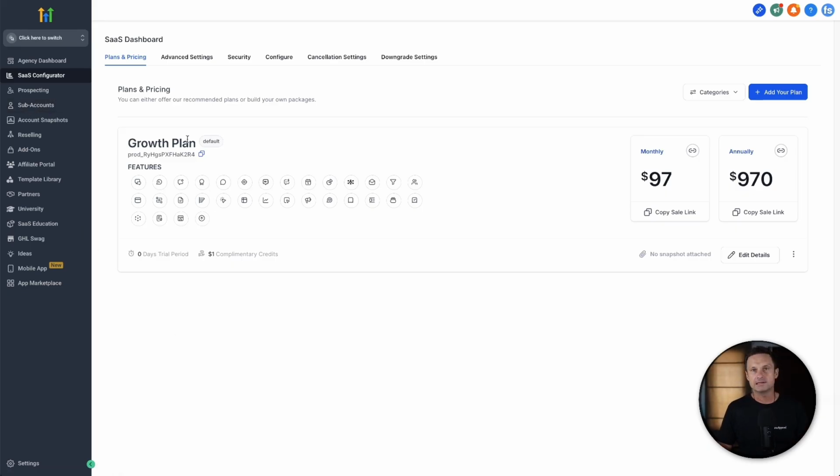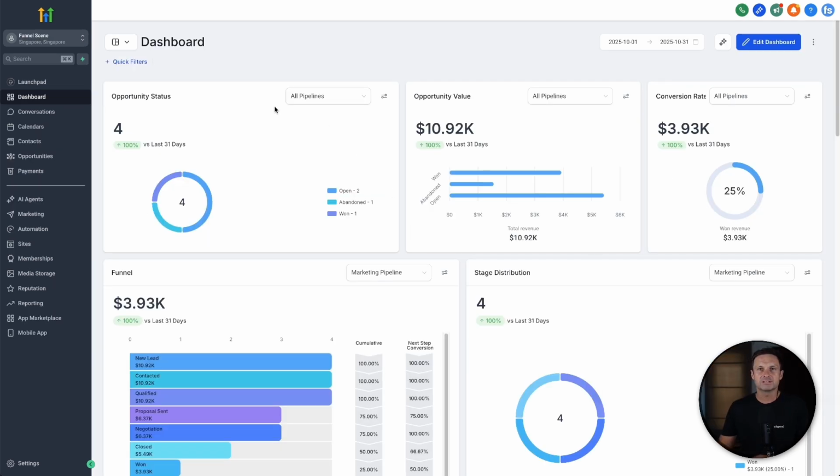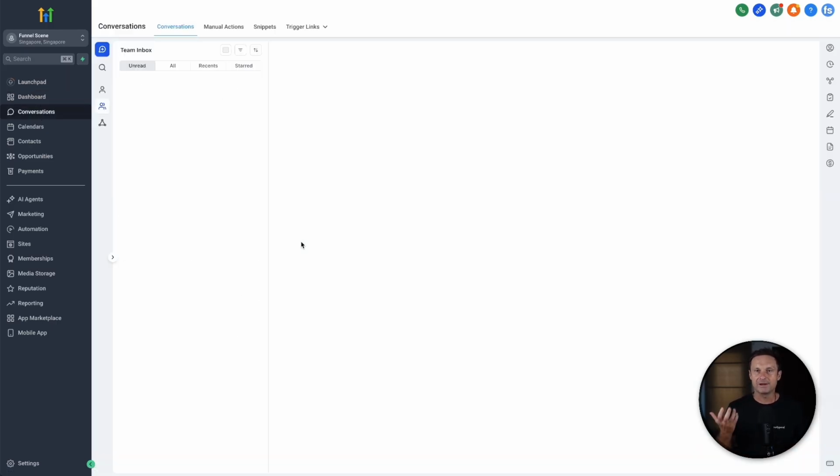Now what I'm going to do is quickly log into a blank sub account to show you what it looks like. So this is what it looks like inside of a sub account. This is a new one I've just created for this specific demo. But what I'm going to do is quickly run through where everything is and the features that I love the best. So this is the dashboard. You can edit the dashboard however you like, embed widgets, things like that. It's very cool.